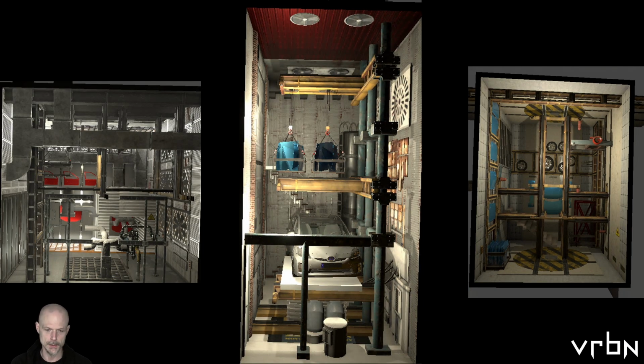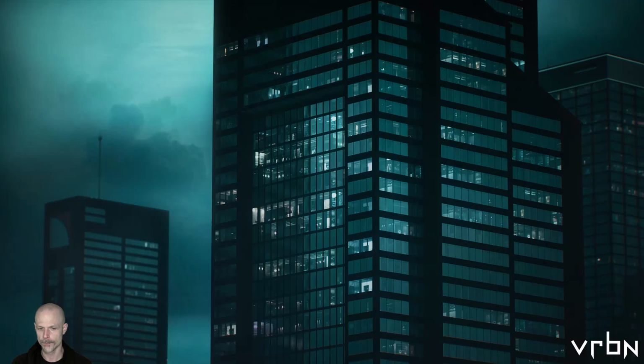Some more examples here, some fantastic layout work by the artists. And then the final product, once everything was implemented and the tools updated for these new types of materials. Here's an example of